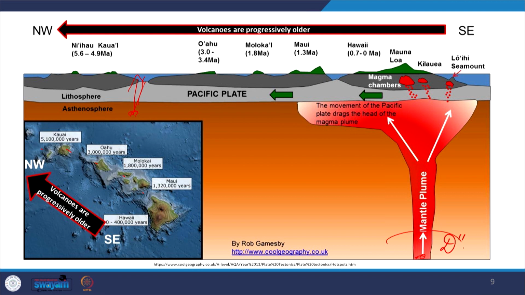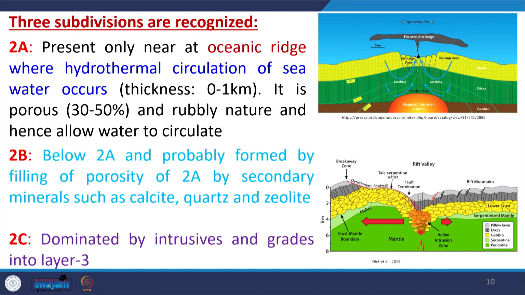So, that is why it will be of different composition compared to this. That is why there is a variation at the oceanic islands. Now, this layer 2 is again divided into 3 sublayers. What are those sublayers? Layer 2A is present only near the oceanic ridge, where the hydrothermal circulation of